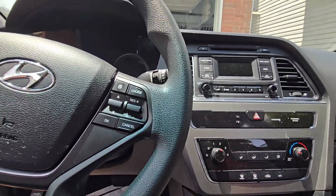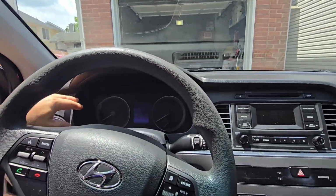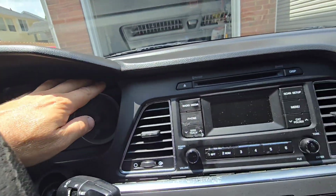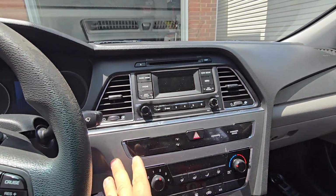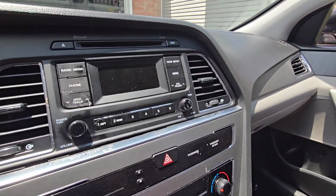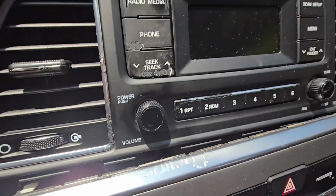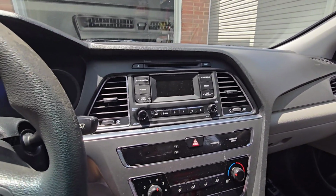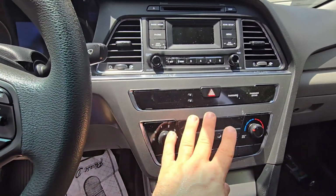First thing is, you would have to remove this whole plate here, this dash cluster trim right here. And on this side, this looks like it's pretty well built, so I'm trying to get to some stuff underneath to actually get it off, and it looks like there are bolts right down there. So in order to get to this, first we have to remove this AC control